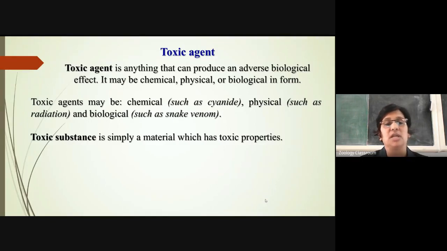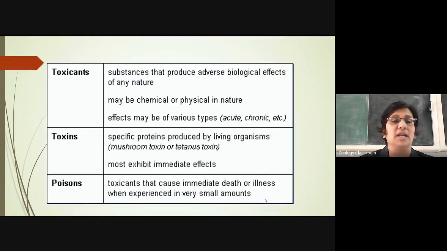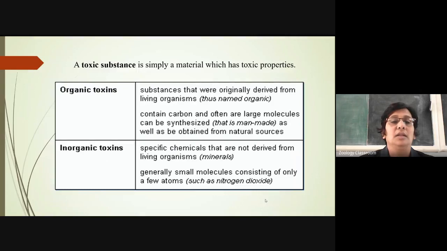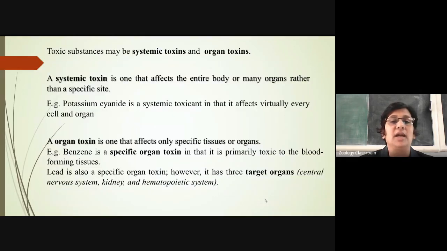These toxic agents may be chemical, physical, or biological agents. Then there are organic and inorganic toxins, and systemic toxins and organ toxins. A systemic toxin affects the entire body, and an organ toxin affects a specific organ